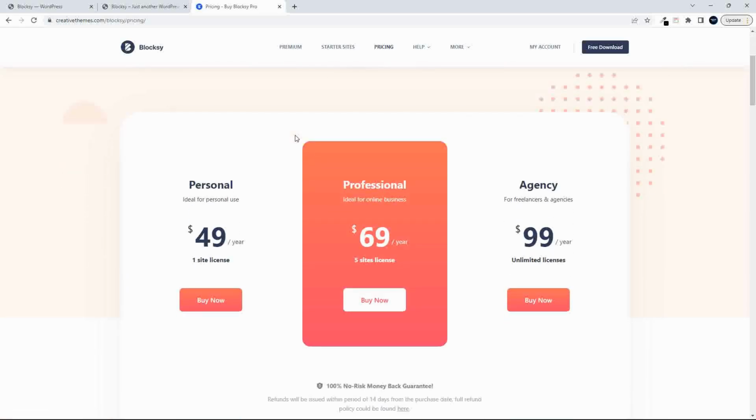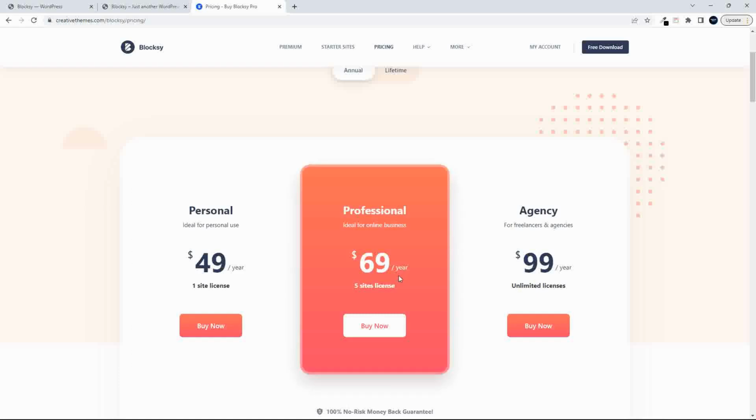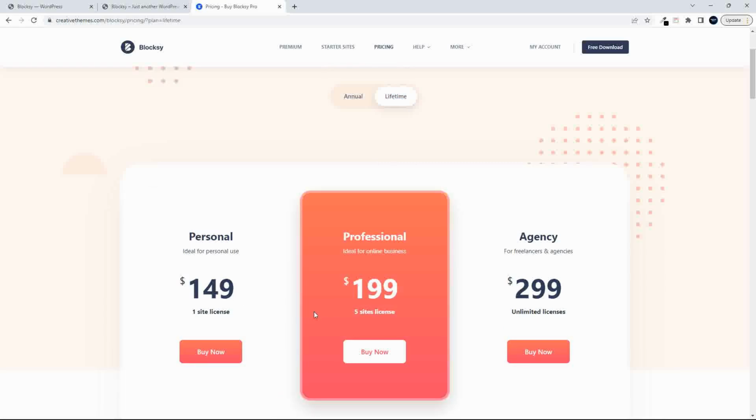And the nice thing is that you can start off with maybe a $49 one-site license, or if you want to try it on more than one website. And then if you're happy with it and it works for you, then just maybe consider a lifetime purchase. Then you don't need to pay the annual fee. You just pay a once-off lifetime fee and you're done. So then you can cap your